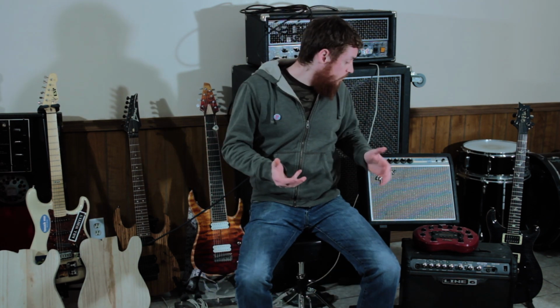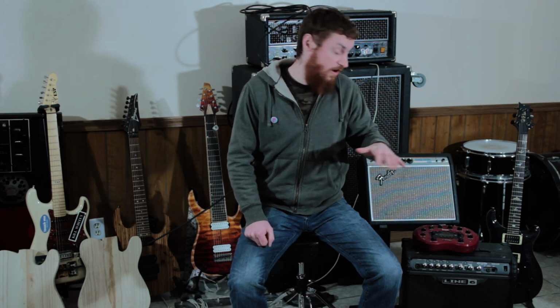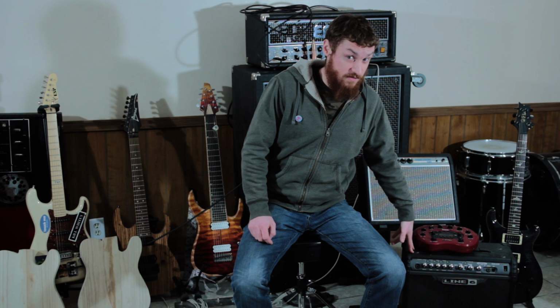Now, I'm a big advocate of tube amps, and the really short reason is the frequencies being created by tube amplifiers are much more complex than the more static frequencies being created with digital technology. You don't have the variances. And so what happens is, the really short of it is, if you're playing an amp like this Line 6 down here,